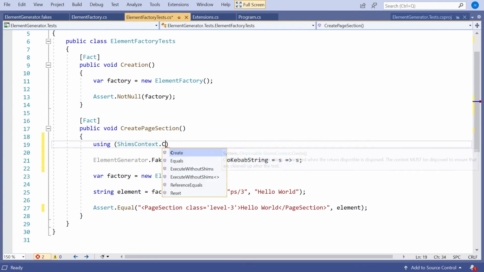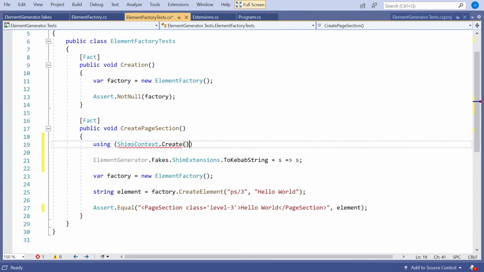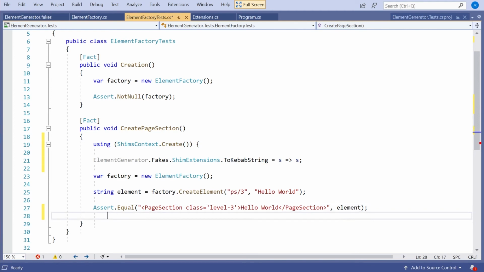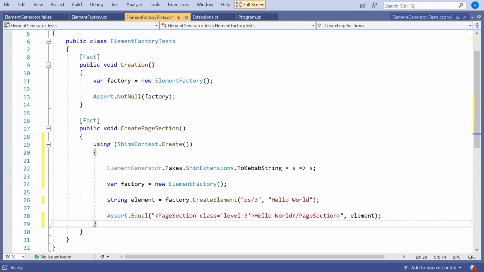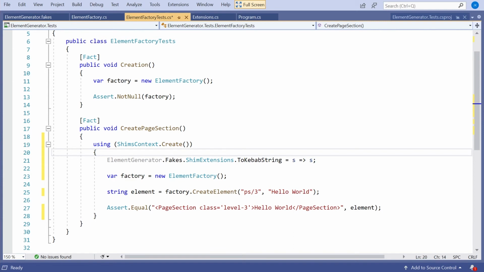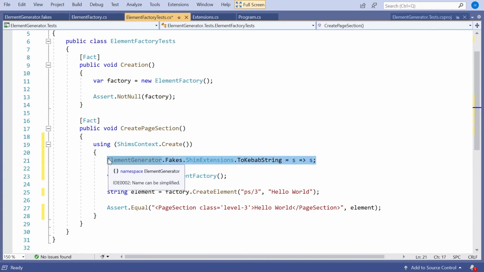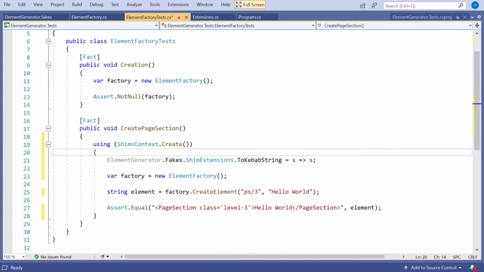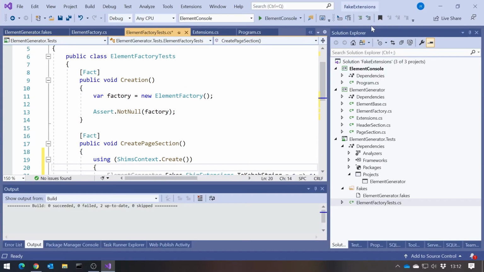Then dot create. And we put that in the using block, which means that when we leave the using block, that will be destroyed, and so that is basically defining the scope over which this behavior should apply. So let us now run the tests.